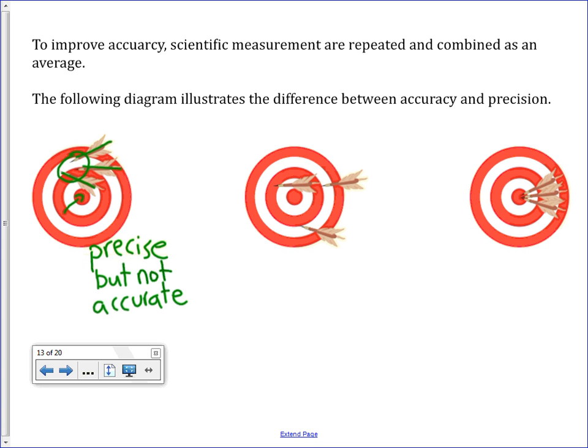So we can have, for example, equipment that will give us precise measurements, but it's not close to what that true value should be. In the next example, we have darts that are all over the board, and they're not anywhere close to that bullseye. So in this case,